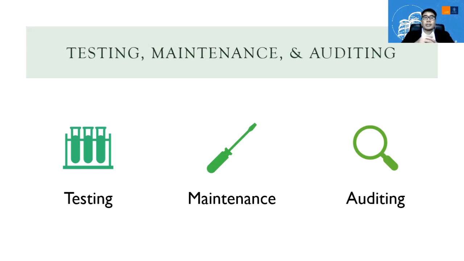While after the implementation process, the testing is done by using maintenance. So in order to solve problems that occur after the implementation, maintenance is needed for the information system. And in order for the testing and maintenance to be done in accordance with the standard appropriately, we need to audit it.